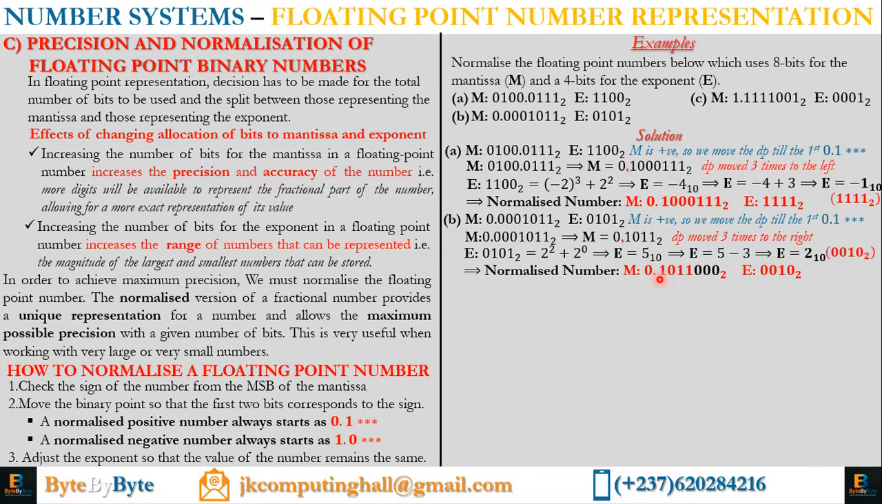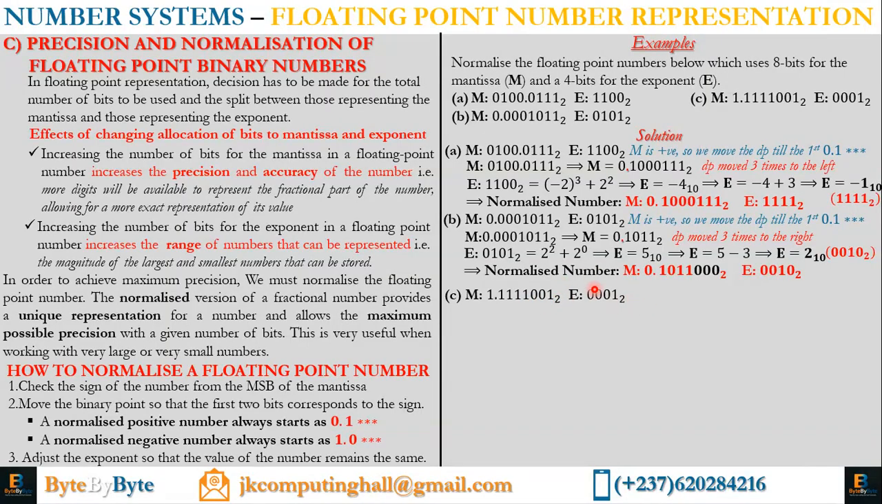So our normalized number is 0.1011. As you can see here, these 3 zeros were added just to pad in such a way that we respect the 8 bits for the mantissa. So that is what we have. For the C part, we have